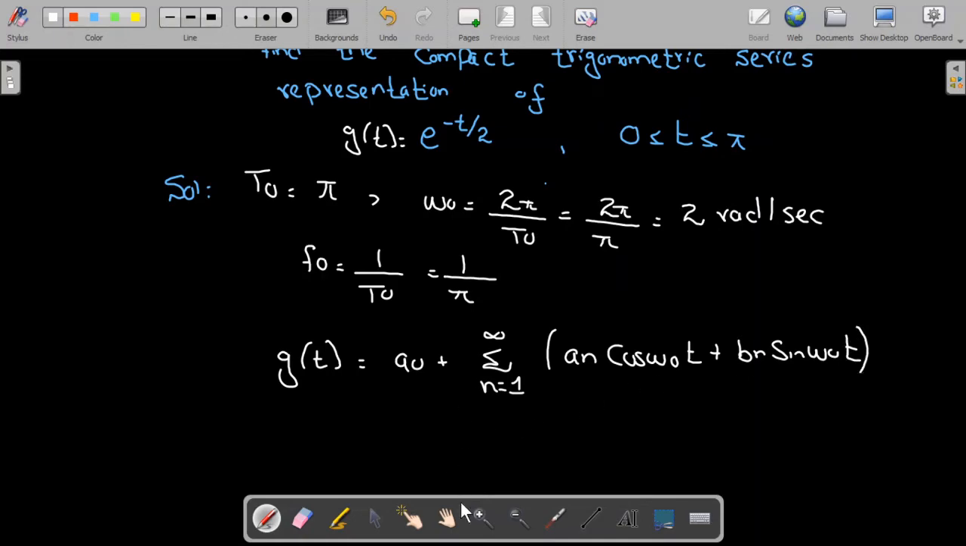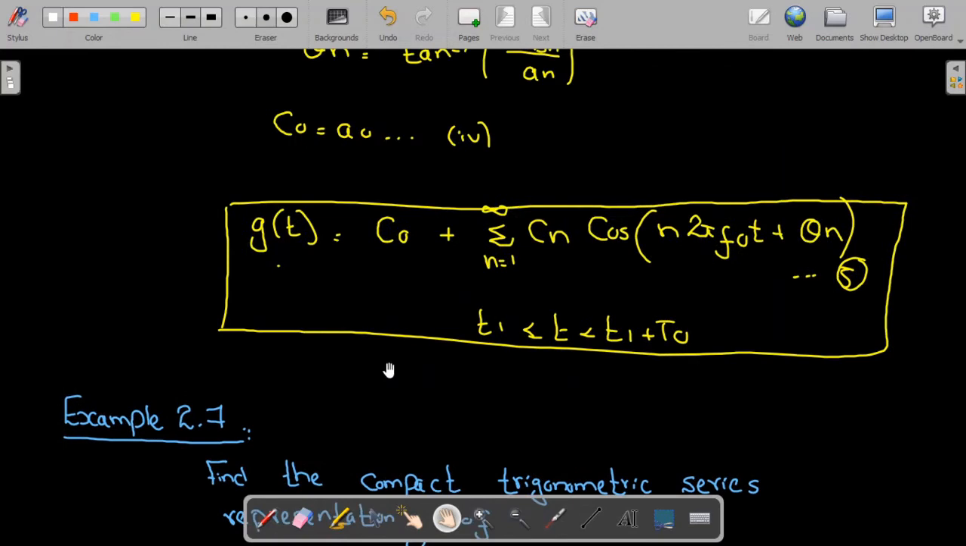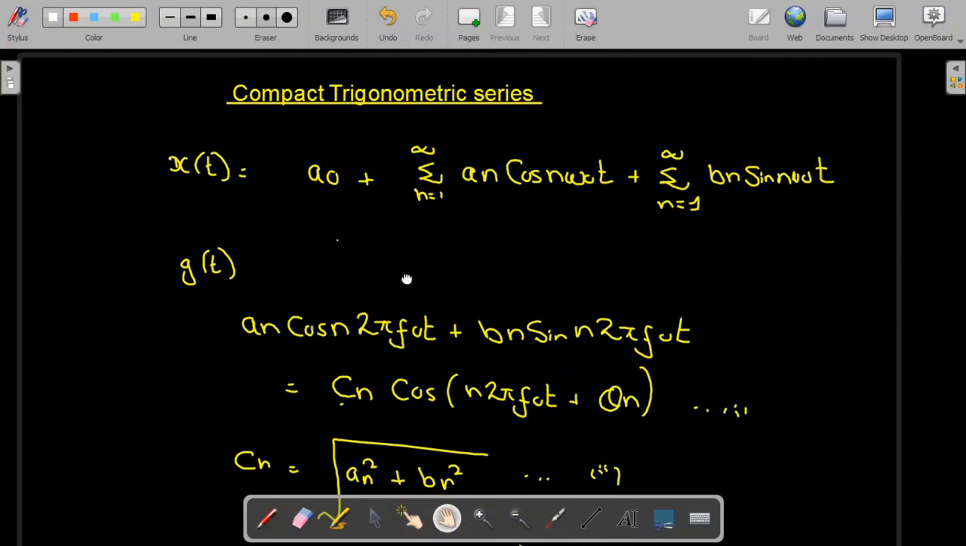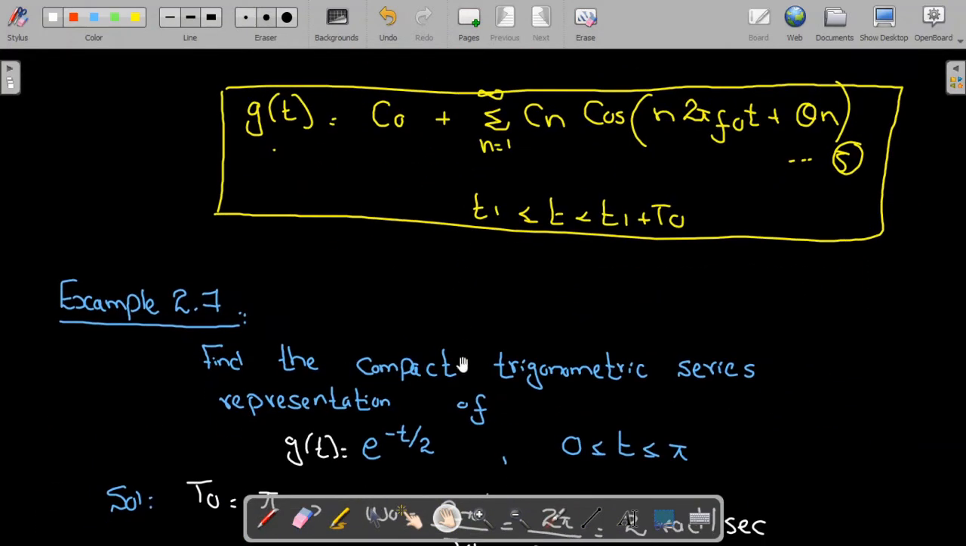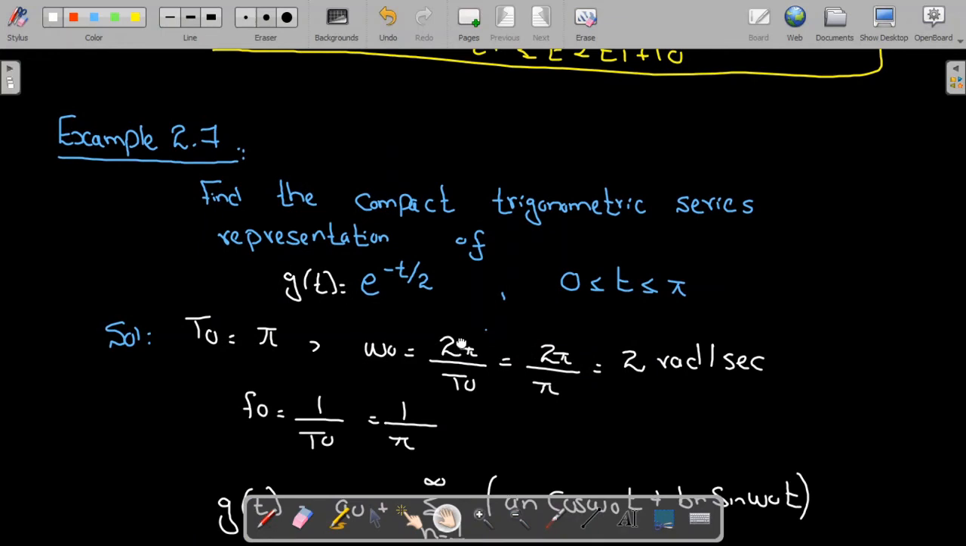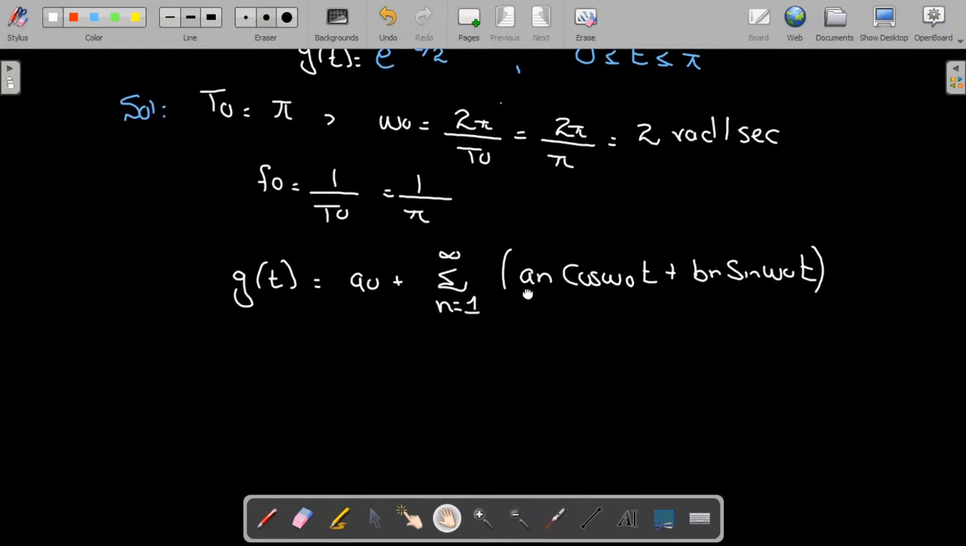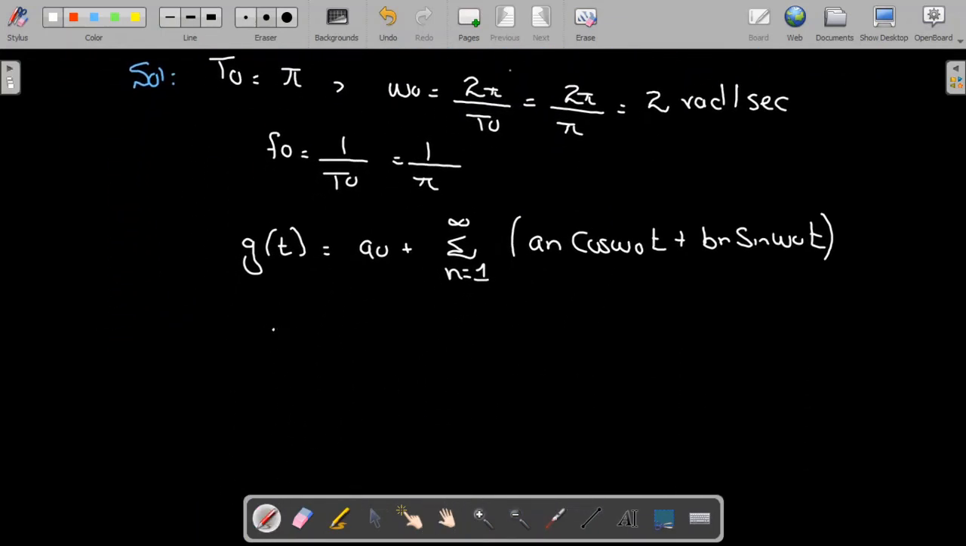This is the general representation of the trigonometric series, and we have explained this representation over here. This is the same representation. I have combined this summation under the single category. So now what we are going to do is replace the value of omega naught in this equation. Then g of t is equal to a naught plus summation n is equal to 1 up to infinity a n cos,